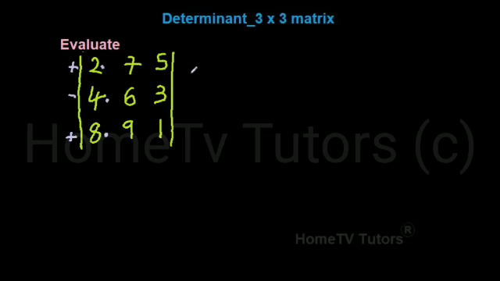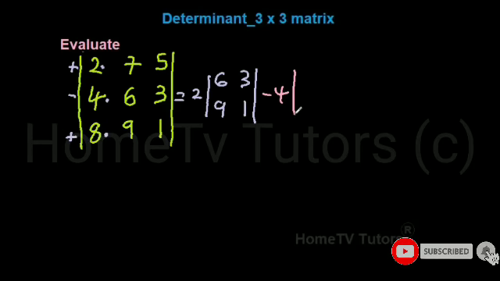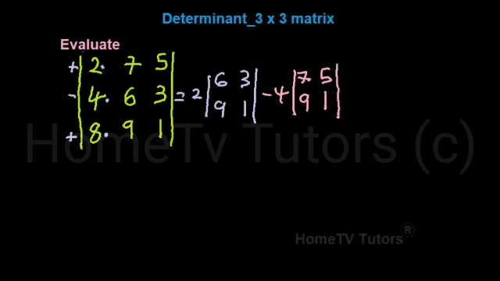So now we get the first element 2. We block out the row and column that contain the element 2. We have its minor as 6, 9, 3, 1. So we go to the next element, which is 4, with the place sign minus. Then we multiply this element by its minor, which is obtained by blocking out the row and column that contain the element 4. So we have its minor as 7, 9, 5, 1. Then the last element at the bottom with the place sign plus,